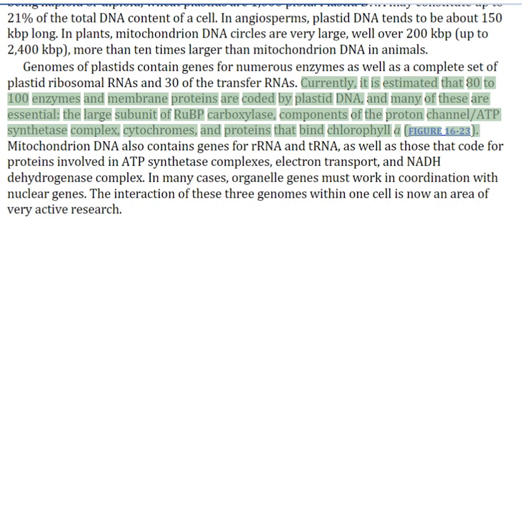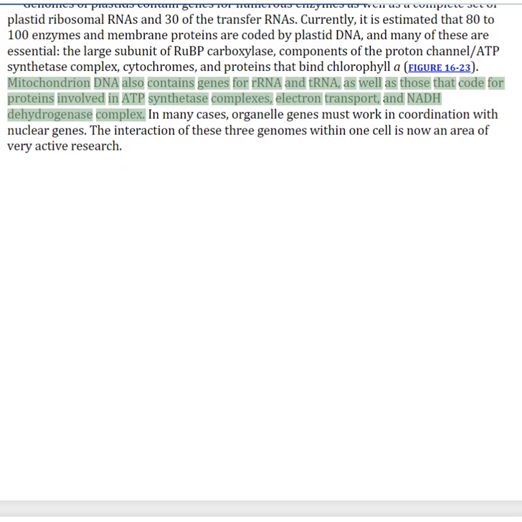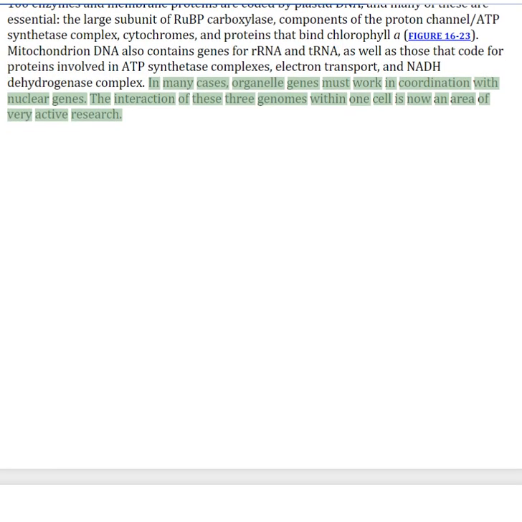Currently, it is estimated that 80 to 100 enzymes and membrane proteins are coded by plastid DNA, and many of these are essential: the large subunit of RuBP carboxylase, components of the proton channel ATP synthetase complex, cytochromes, and proteins that bind chlorophyll a. Mitochondrial DNA also contains genes for rRNA and tRNA, as well as those that code for proteins involved in ATP synthetase complexes, electron transport, and an NADH dehydrogenase complex. In many cases, organelle genes must